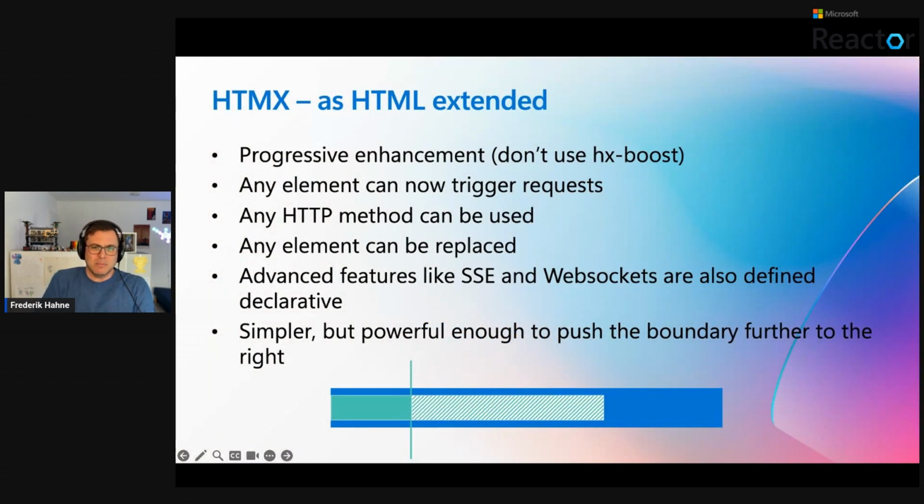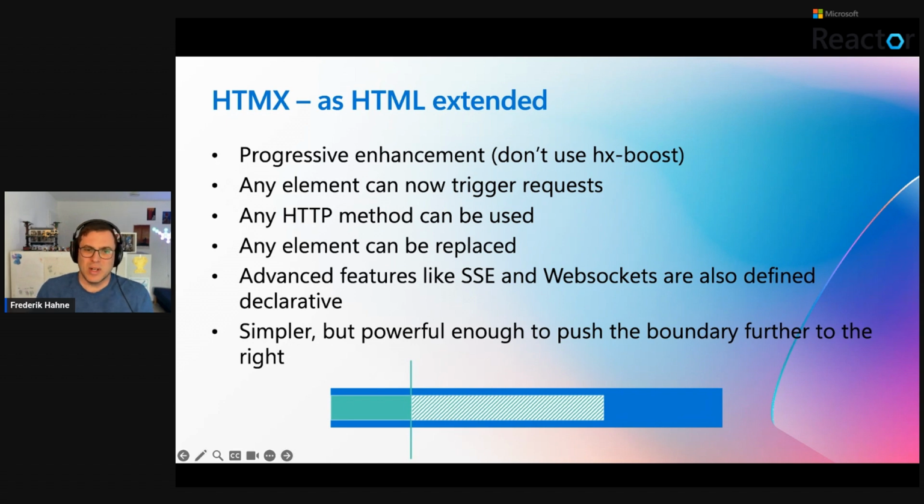Okay, so where we are. Remember the graph from the beginning. Now we don't need to switch to a single page application quite early. We have a lot more possibilities to stick with simpler HTML static pages.